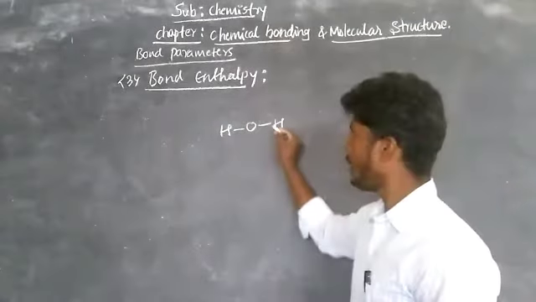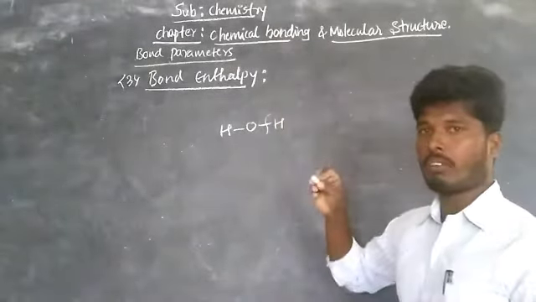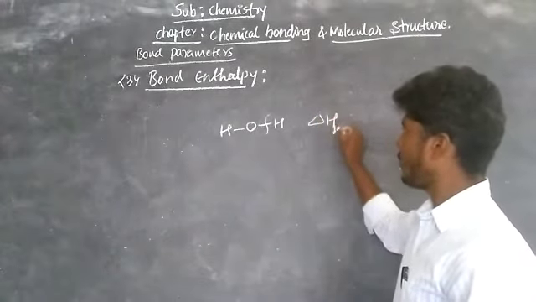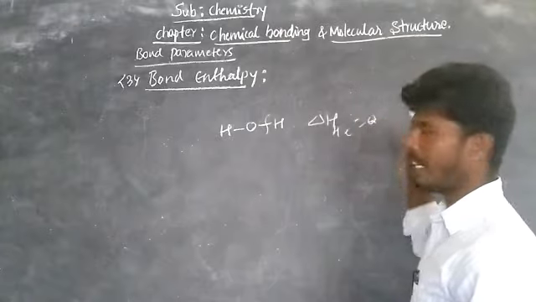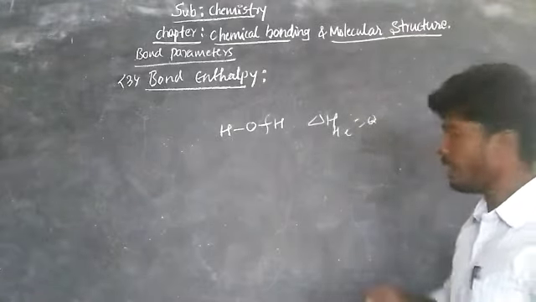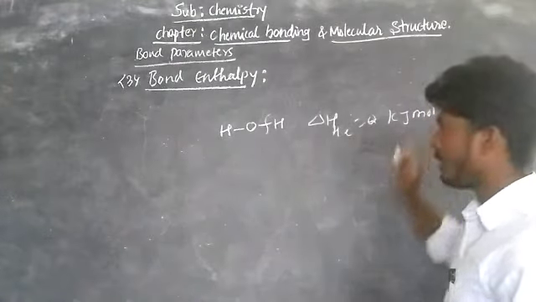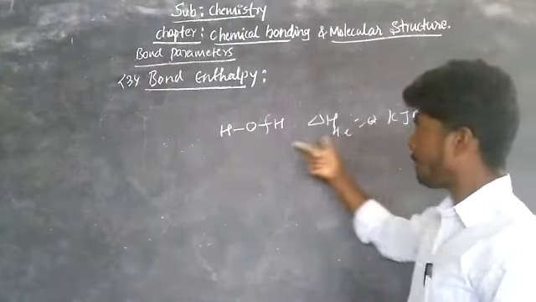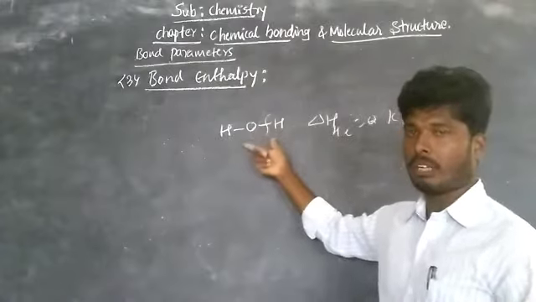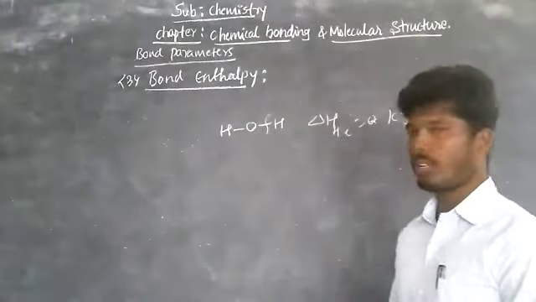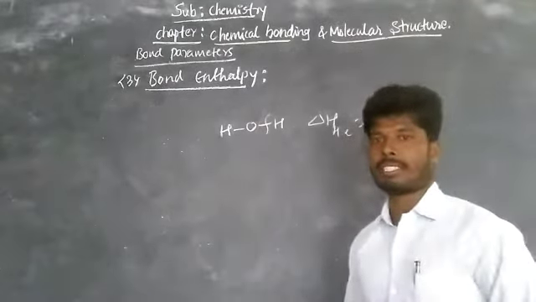H-O-H. Here, the amount of energy required to break, that we call bond enthalpy, is indicated as delta H. Here we get some Q, that is, Q joules of heat is required, measured in kilojoules per mole. Okay, this is the SI unit. For example, we are studying water, carbon-hydrogen bond, oxygen-hydrogen bond, nitrogen-hydrogen bond, etc.